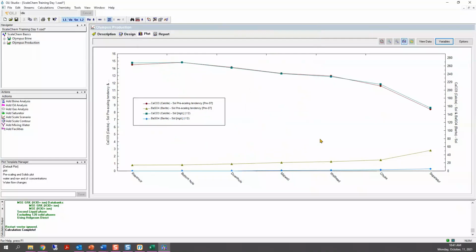Now that you have that plot, for the person that was asking me about this. I don't have that plot. My plot shows the CaCO3 pre-scaling tendency from 0 to 1.1. It doesn't even show the barite anymore.